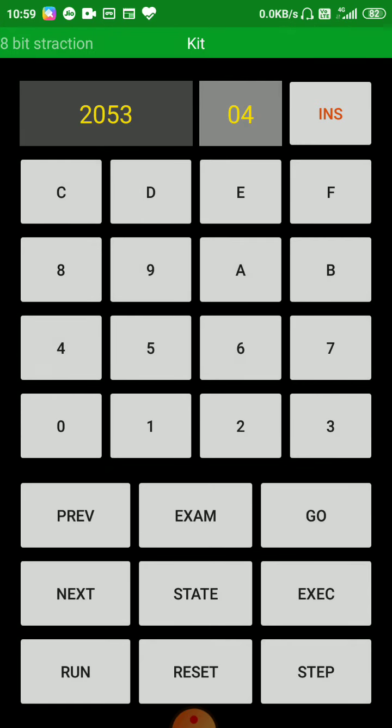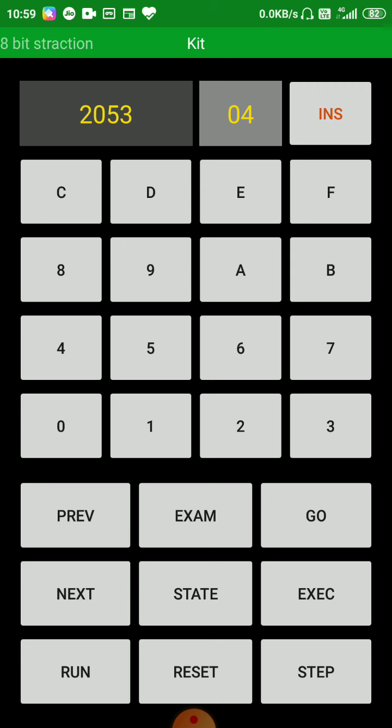So one more thing I want to tell you, this is the completion of our program, but apart from this, the total number of instructions in a microprocessor is 2 power 8, because we are processing 8-bit data in this.